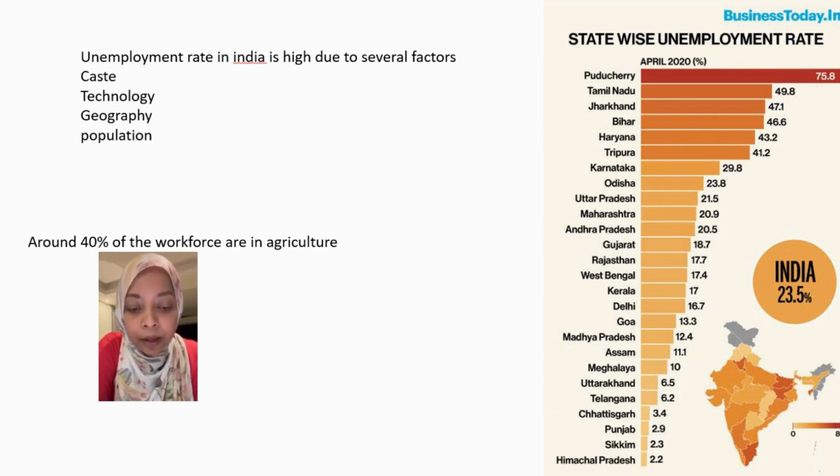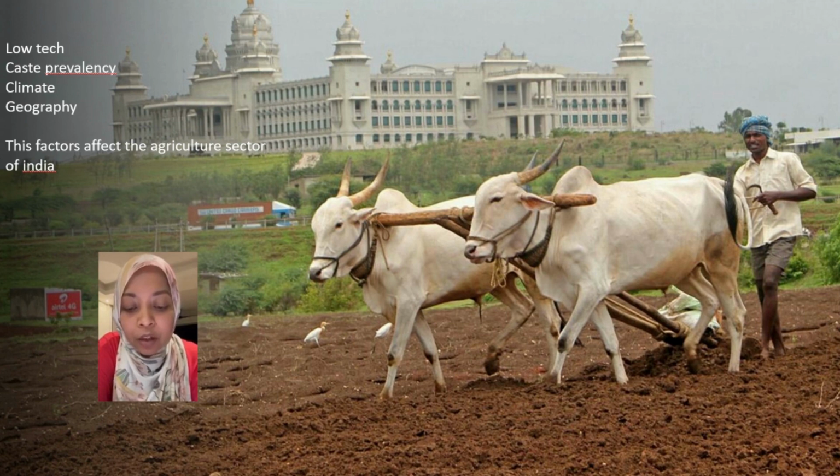The World Bank shows that 150 million are working in the agriculture sector, roughly 10% of the population and 40% of the workforce. The geography of India is also a factor of unemployment as it affects the mobility of labour, as the workforce is less likely to relocate to faraway areas for jobs.